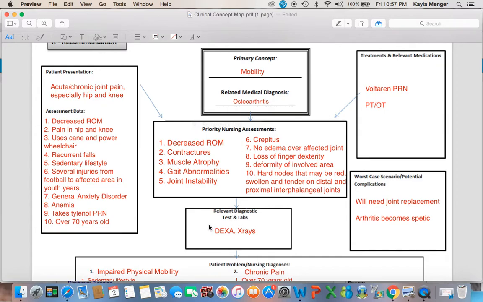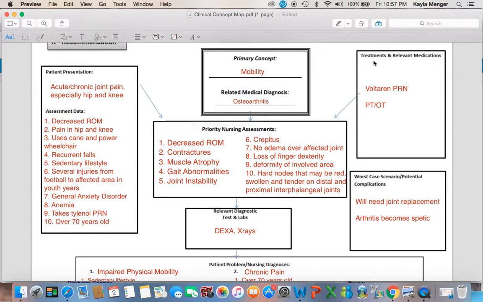So relevant test and diagnostic labs. I did DEXA scan, which is a bone density scan. That's going to screen for osteoporosis. And then x-rays to see if they have any decreased joint space or something like that. Any of the tests or labs that are going to relate to looking at osteoarthritis. From there, I usually jump up here since we're still looking at the patient